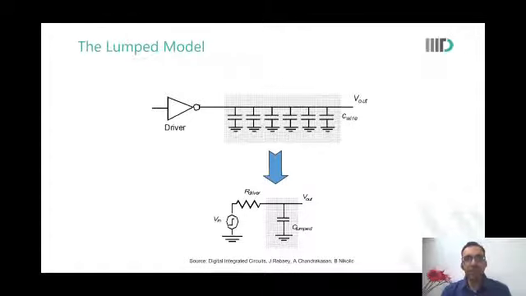Sir, yes, Rakash? So this C lump, for example, in the earlier slides, you showed us the C adjacent and C ground, right? A figure. So that C lump is characterizing all those capacitances? Everything. Everything intermetal. Yeah. Okay. So let us say this C wire is distributed over 100 microns. So C lump is the summing of all those. Somewhere there was an intrametal capacitance, somewhere there was an intermetal capacitance, somewhere there was a metal to substrate capacitance. All of that is added and put as C lump. Okay, sir.